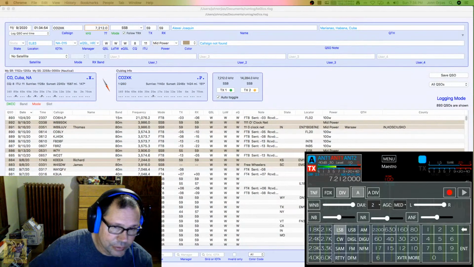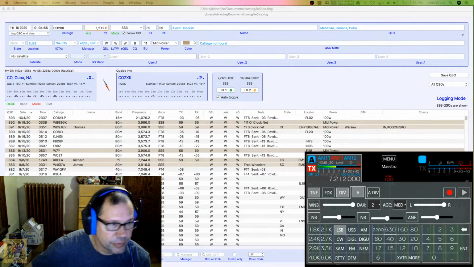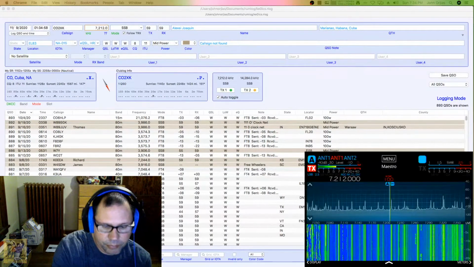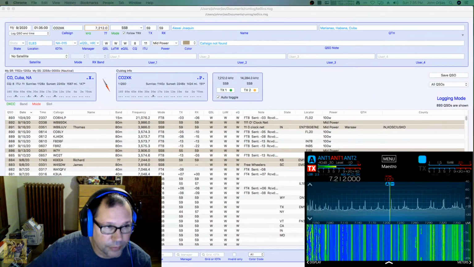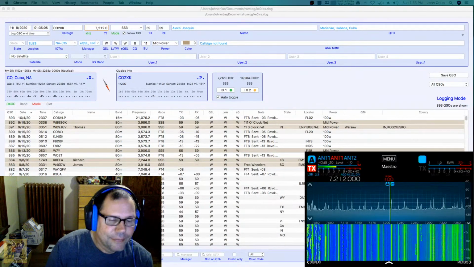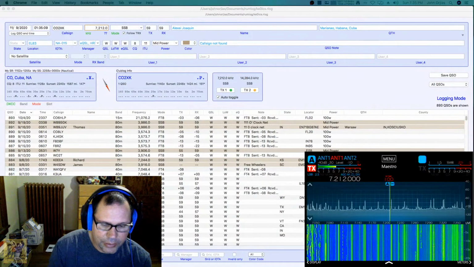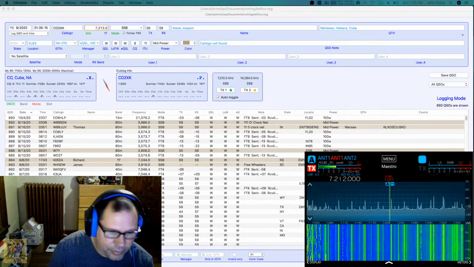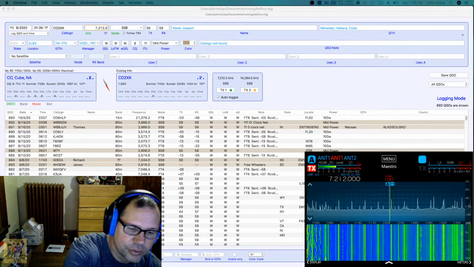But I actually really enjoy using the 6600 M's, the Maestro. It's fine. I like the fact that I don't have to use a computer to use this radio. And again, I can get the output to you guys so you can see what I'm doing just by adding on that with Amazon, which it should be listed on my site,